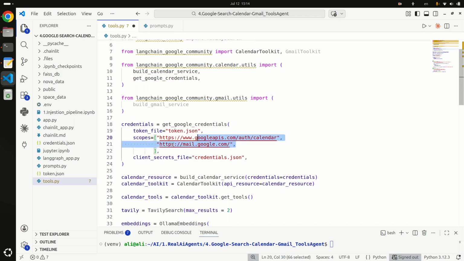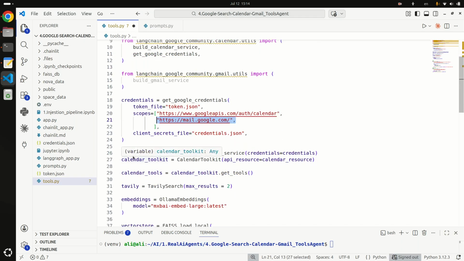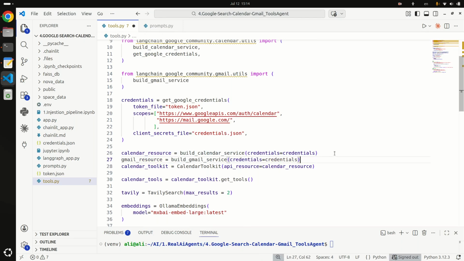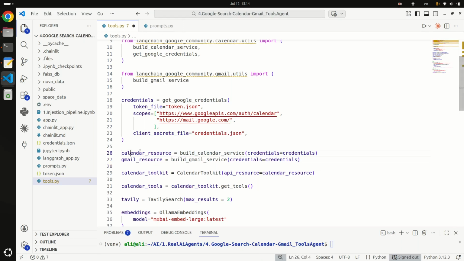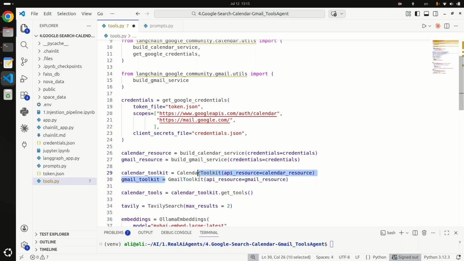We have added another new scope. This is the calendar resource, so similarly we need to add the Gmail resource. I will paste the line here. We have calendar resource and Gmail resource also. To build the calendar service, we call build calendar service, and for Gmail we call build Gmail service. And similarly we need to add the Gmail toolkit, so we'll call the Gmail toolkit class, this one,